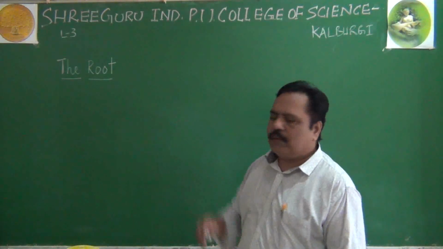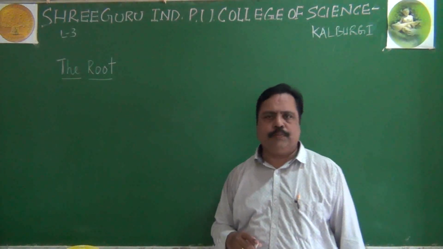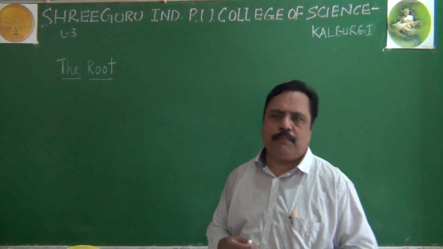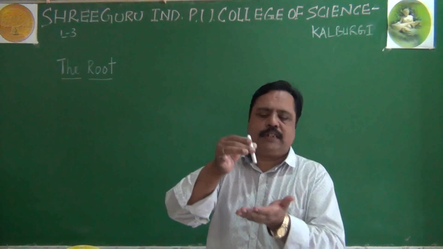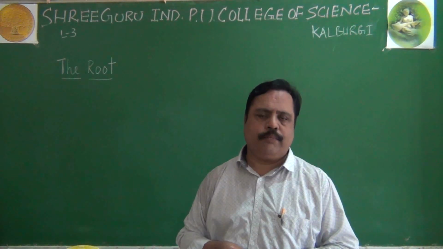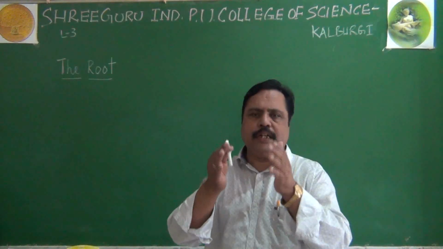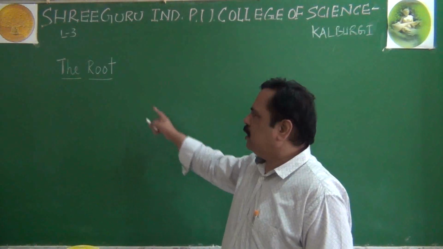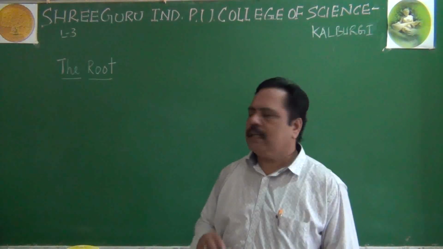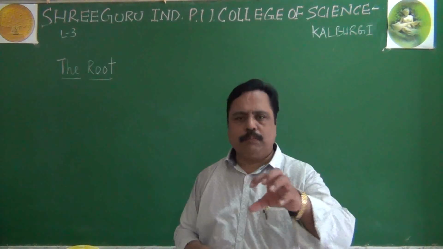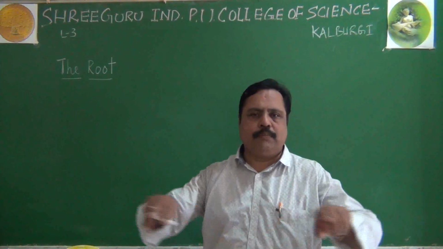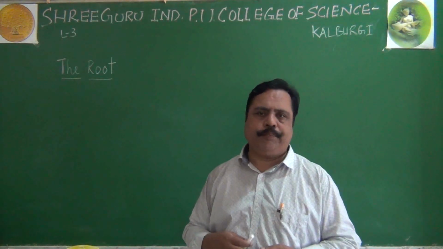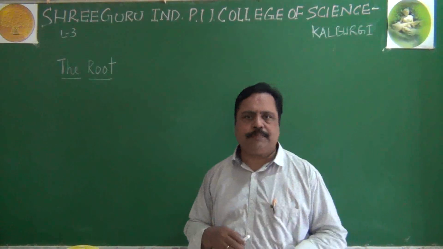Then I told you about functions of the root system or root also. Main function of the root is to give anchorage to the plant body. Anchorage in the sense fixation of the plant into the soil. So the plant has to stand erect, means that must be fixed into the soil. For that fixation, we need the root system. Secondly, the roots are able to absorb water and minerals from the surrounding soil actually, and give that water and minerals to the plant. That is another function we can say.